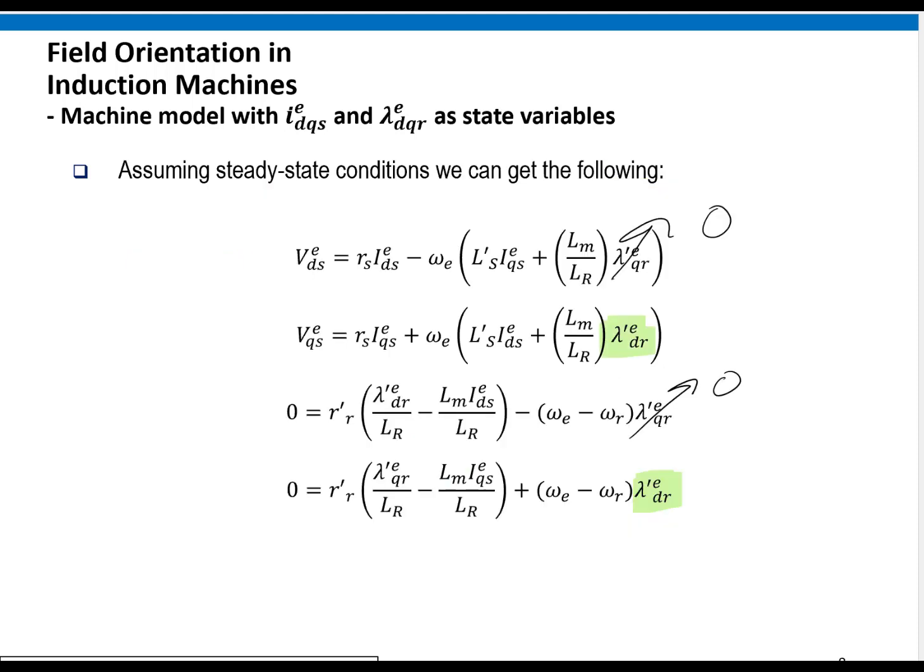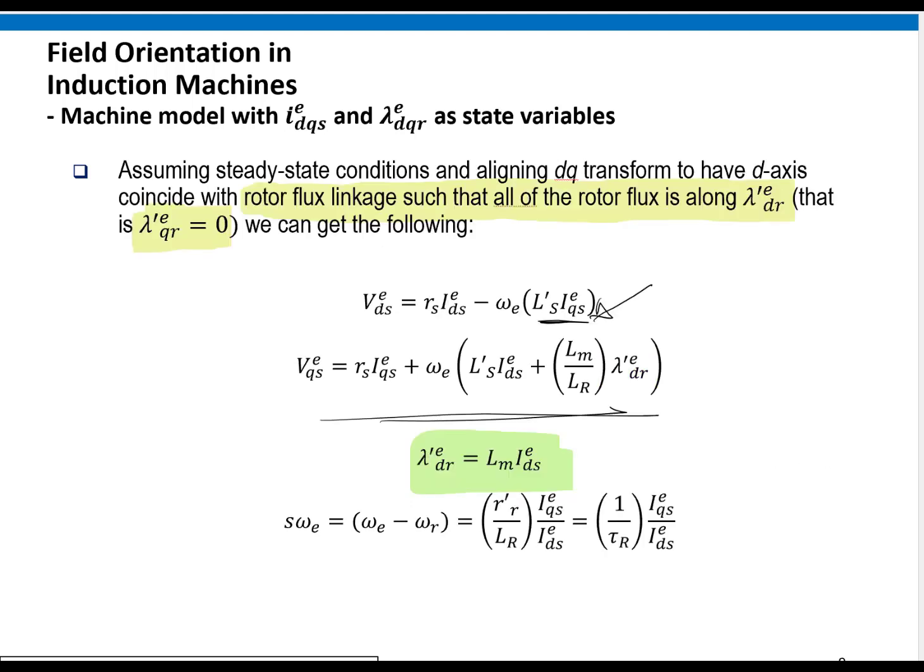And if we go back and look at this expression here, we have this term showing up: the difference between the electrical synchronous frequency and the rotor speed, or rotor frequency. Well, we know that is the slip frequency here. So that's equal to that. I can't explain this right now. I think we have to go back and look at it, but basically what this tells us